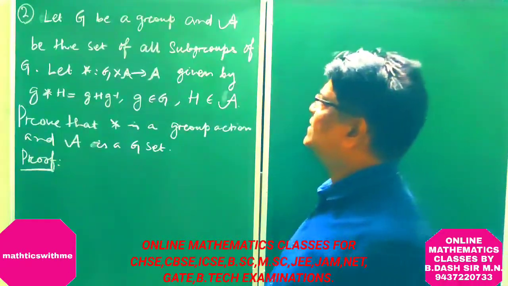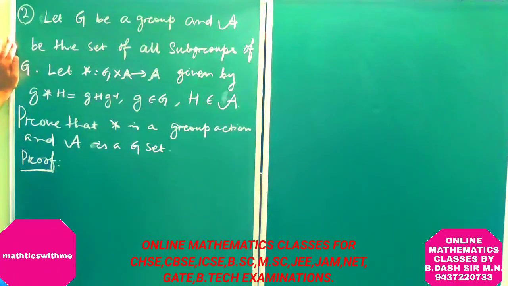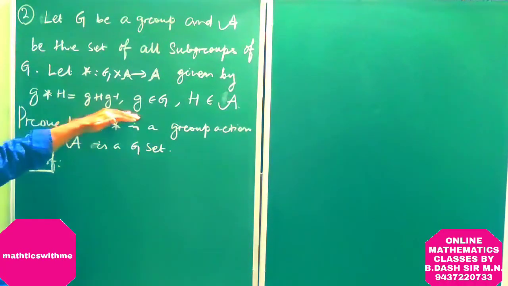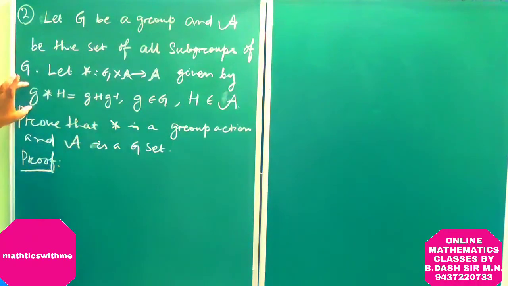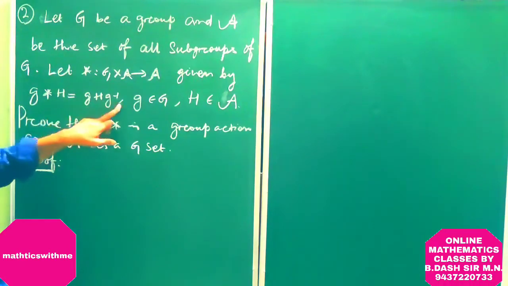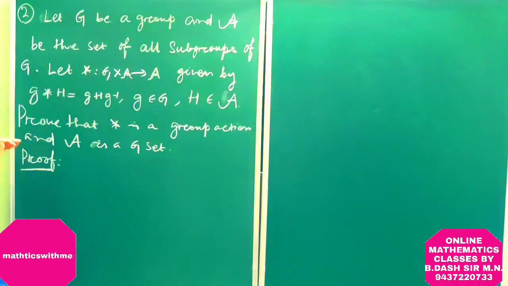Our next question is, let G be a group and A be the set of all subgroups of G. Let star, which is a mapping from G cross A to A, be given by g star H equal to g H g inverse, g belongs to G, H belongs to A. Prove that the mapping star is a group action and A is a G-set. Now proof, given